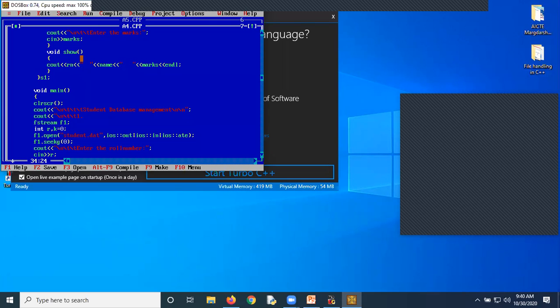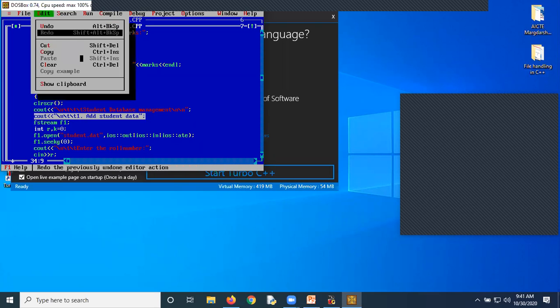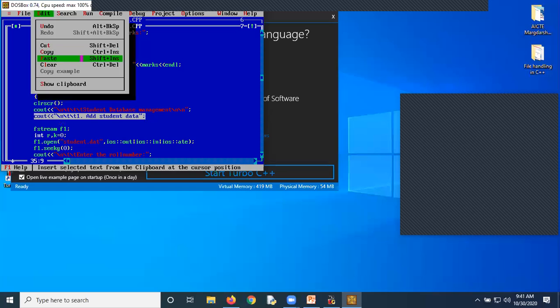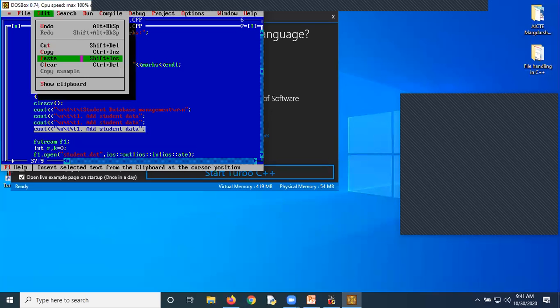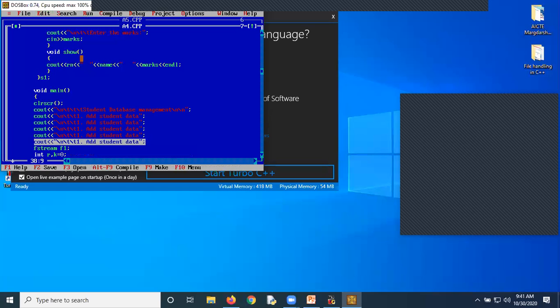First option would be to, you can write some meaningful messages here, add student data. You can make a small application in 1 hour, a basic application. So add, then I'll first go with the basic operations: display student data,